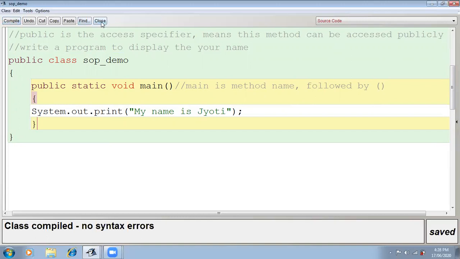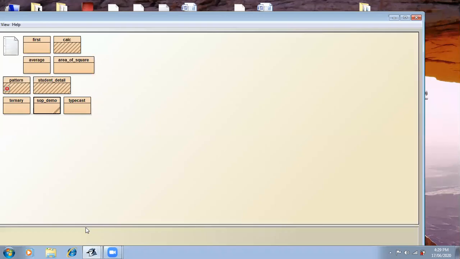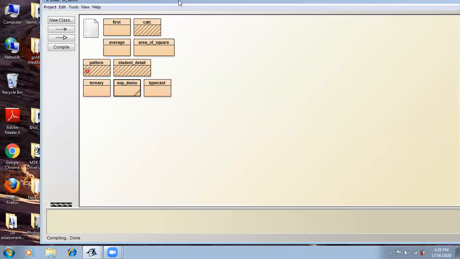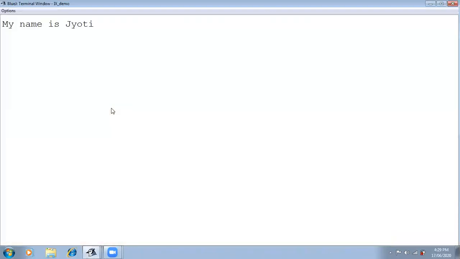Then right click on the class name. The program name was SOP demo. Right click, void main. I'm clicking this void main. My name is Jyoti. It is displaying.